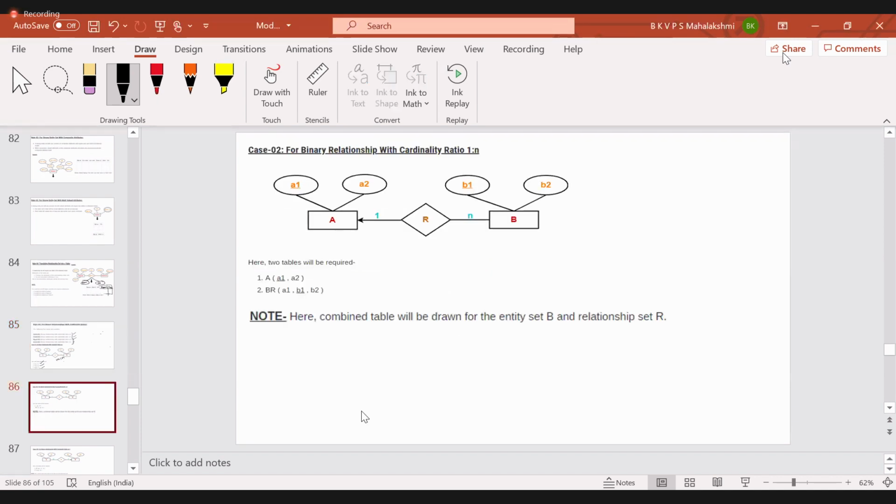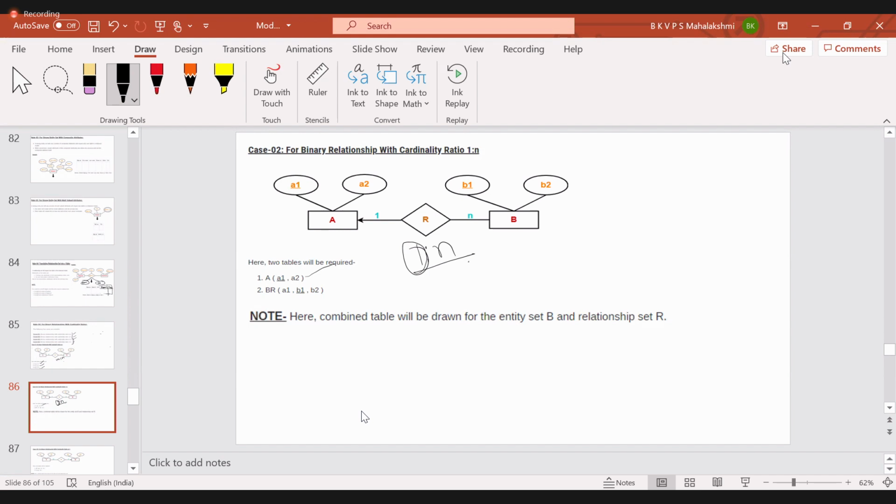Suppose the relationship has the cardinality 1 is to N, then there is no need to have three tables. Whichever entity is at the side of 1, take that entity directly with its two attributes A1, A2. But here it is the cardinality 1 is to N, right? So in this case, you directly